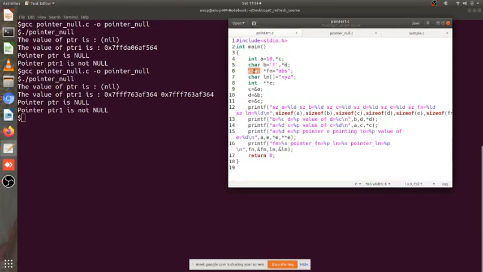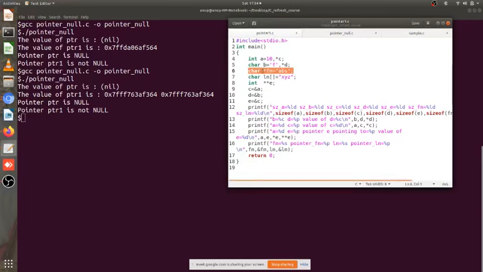Then I have defined a character pointer, char star fn, that is equal to abs. Now there is a bit of difference between an integer pointer and a character pointer. Yesterday the same discussion was going around, and in the morning also, and here we are going to actually verify that fact.